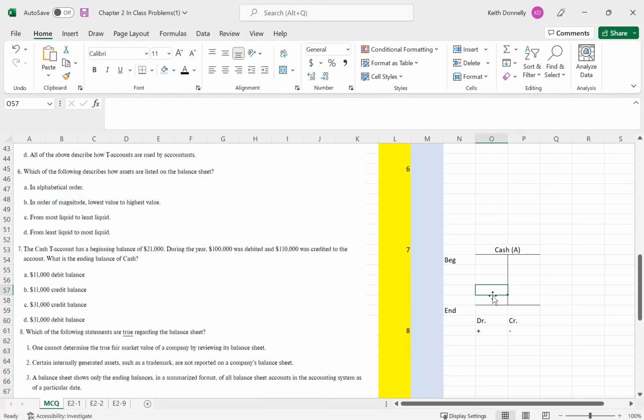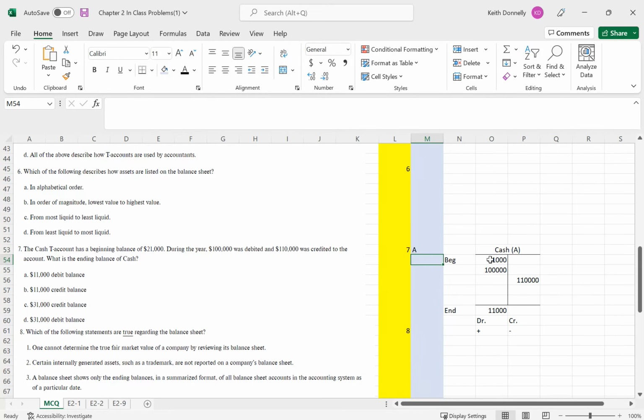So 7 here, if we look at it, it says, hey, cash T account has a beginning balance, 21,000. During the year, it was debited, right? Debit on the left here, 100,000. And then it was credited 110, right? They want to then know what is our ending balance for cash. Okay, so this is going to be our beginning plus, right, all the pluses on the left, minus the minuses on the right, our ending in this case. So it's going to be an 11,000 debit balance,